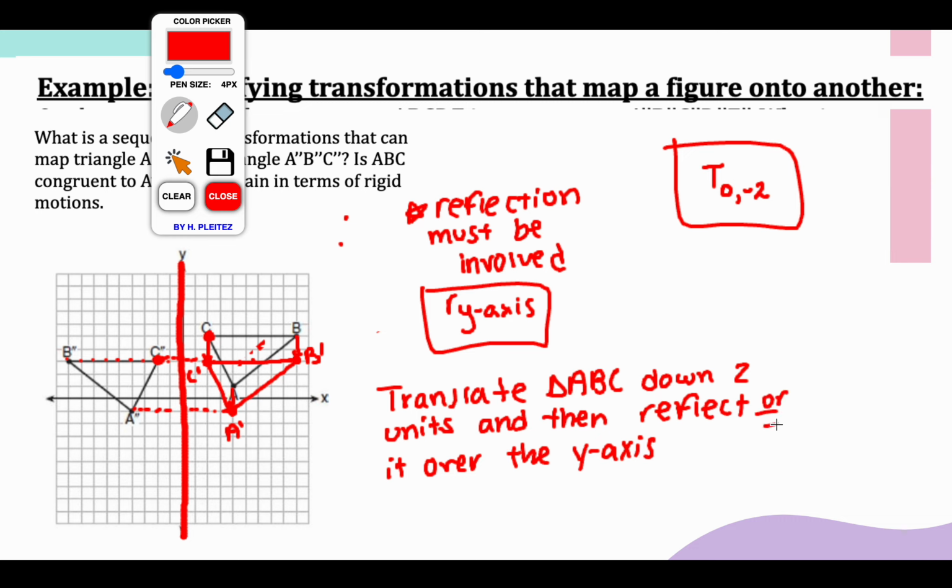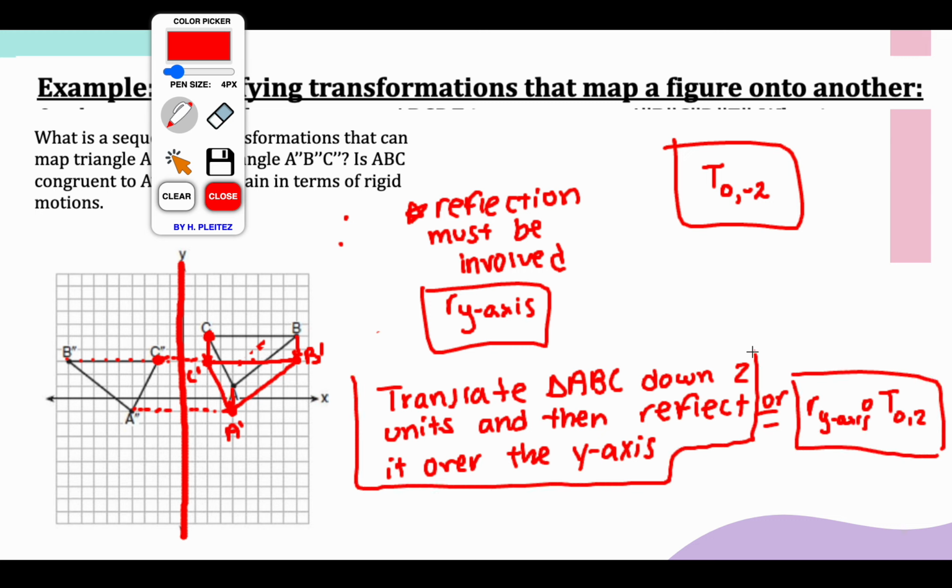Or you can use the notation of the composition of transformations. Writing the words might take you a little bit longer, and I know you guys look for shortcuts all the time. Again, we're translating first, so we have to read backwards. We're translating first, and then we're doing a reflection over the y-axis. Either of these answers would suffice for saying the sequence of transformations, but the second part says,